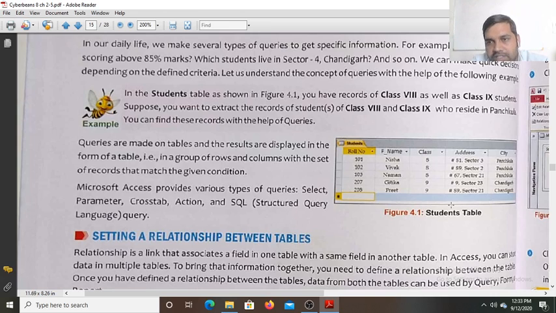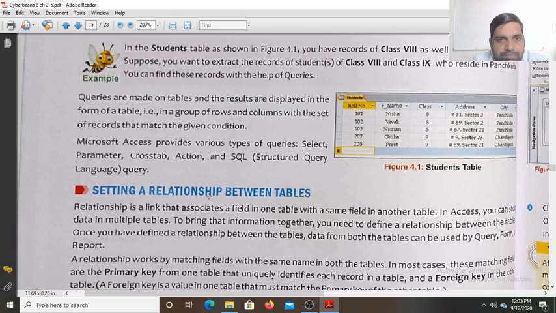So address sector 4, and the city equals Chandigarh. So address sector 4, no one is there. I suppose if there are any other records which contain sector 4, they will be added in the query table.